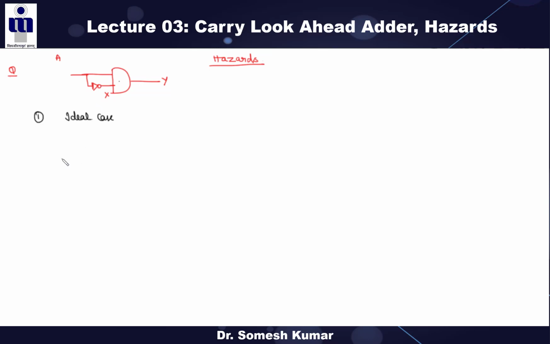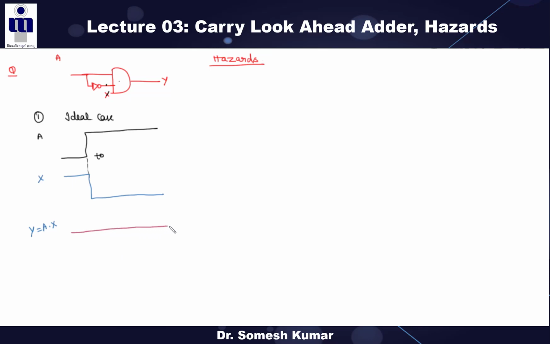If I am saying this is given, this is the waveform of your input A. Now what is the waveform of X? Exact opposite to this A. So we can say your X is exact opposite to this, in this way. Now this is X. Now what is Y? Y is basically A dot X. Now tell me, what is Y?